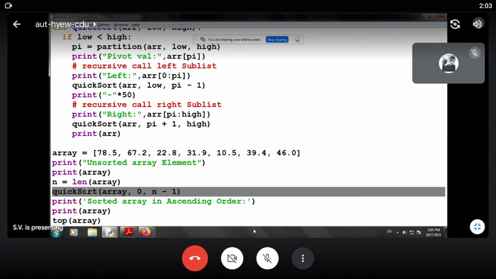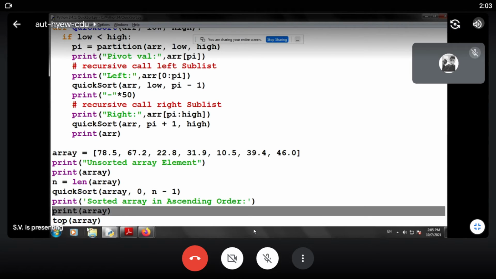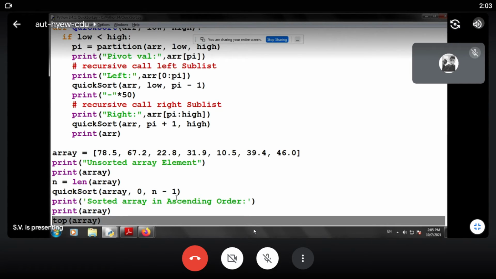The quicksort function is called with 3 parameters, that is array, low and high. High is nothing but the size, therefore n minus 1 is passed to quicksort. Finally, after sorting the contents, we print the array. That is the task of our program.